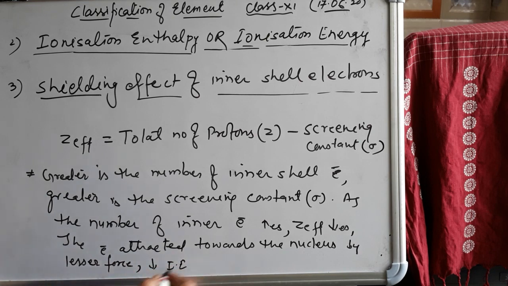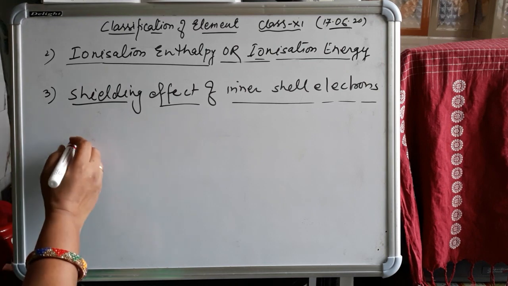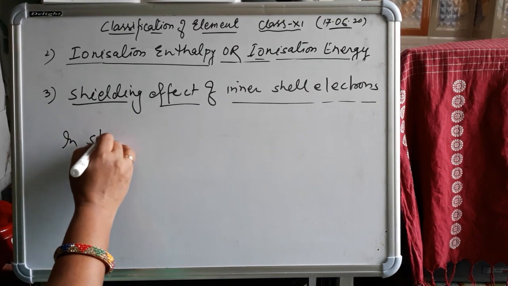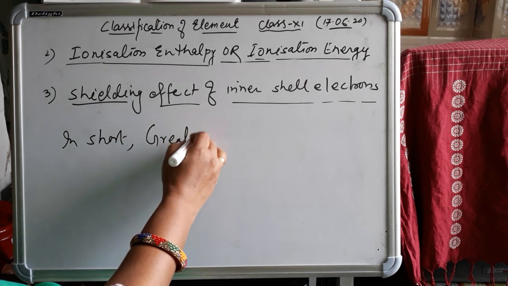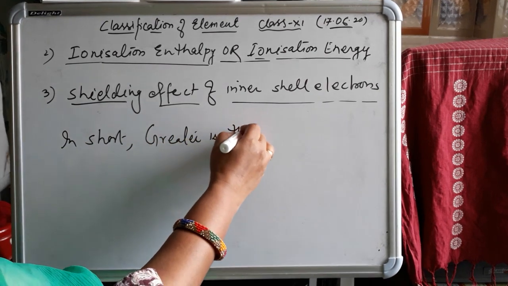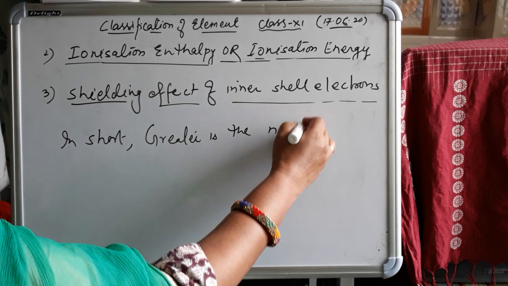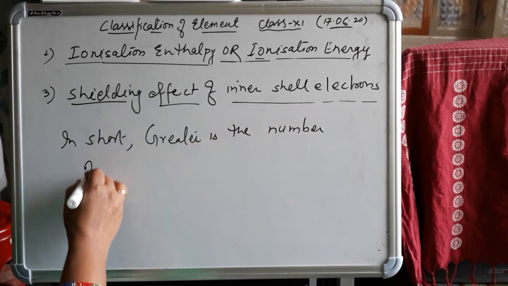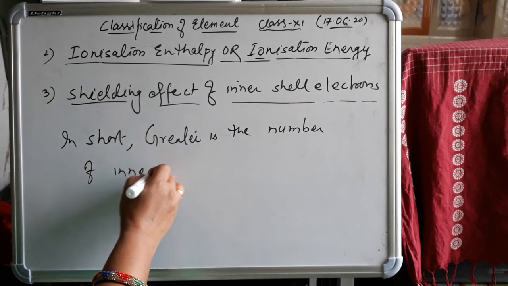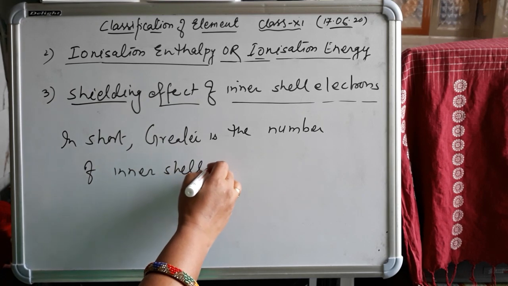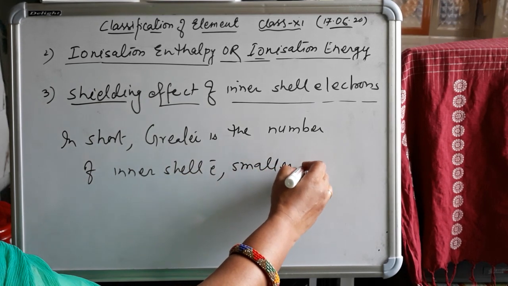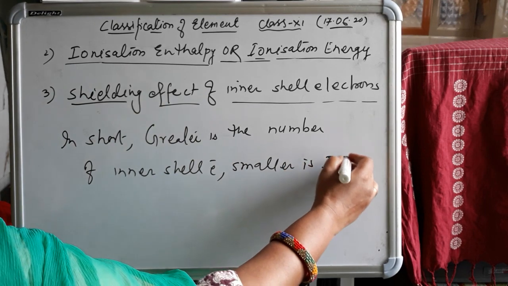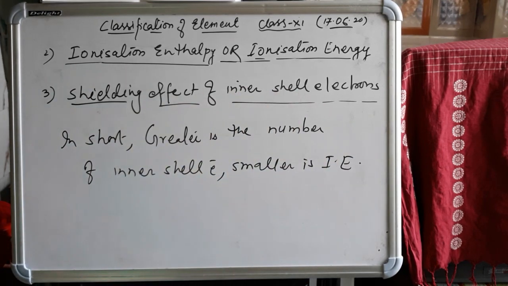So the reason for the decrease, in short: greater is the number of inner shell electrons, smaller is the ionization enthalpy. Now the next factor